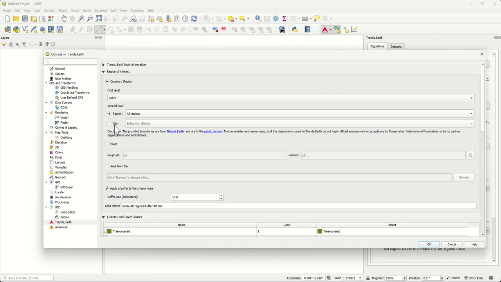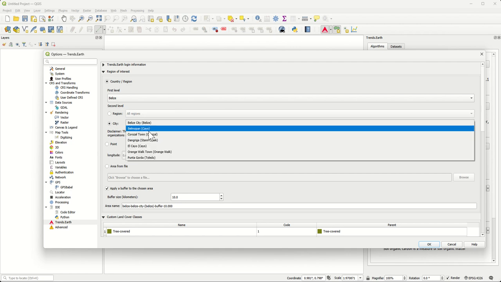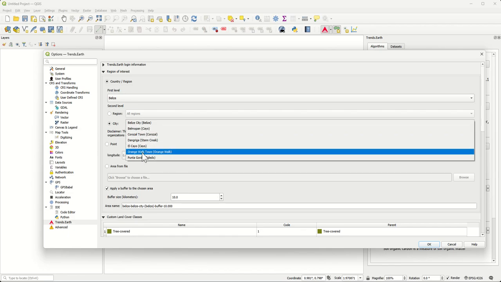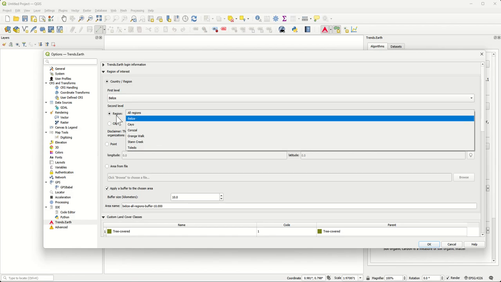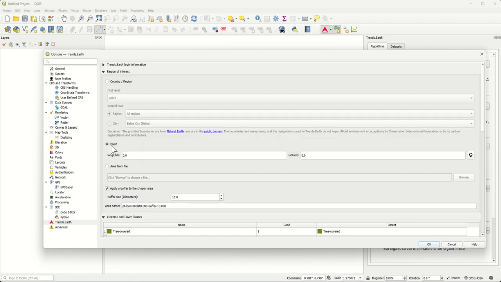But you also have the options to select a specific city within the country, specific state within the country. If you have collected a coordinate point in the field or anywhere, you can enter manually these coordinates here.